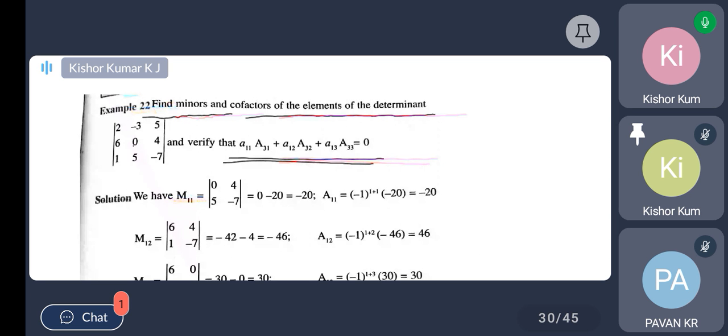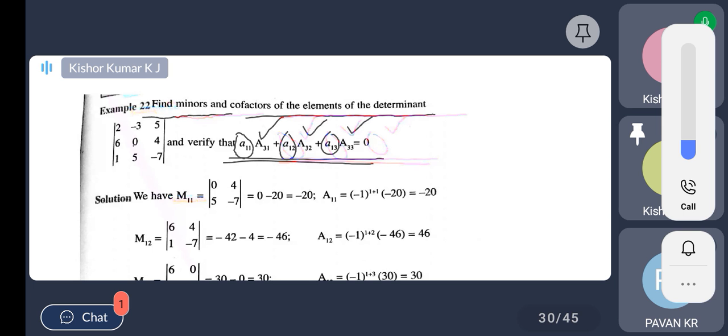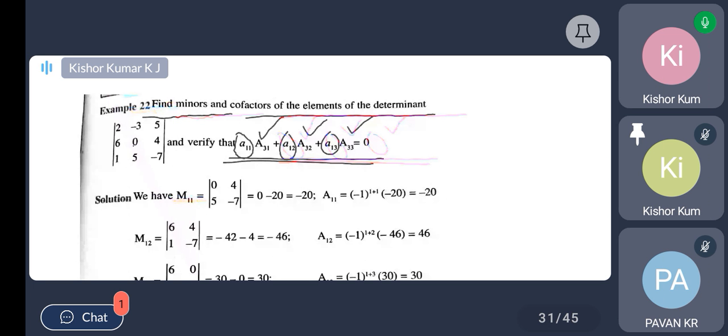It is very simple, students. The small letters, these are all called the elements. Already we have them in the determinant. And when we have calculated the cofactors, we will get all these elements. So after that, you just replace in the LHS, and definitely you have to be sure that it is equal to 0. And then we have to verify, not to prove, either it will be 0 or not. Okay, let's see later about this equation. First, let's find out the minors and cofactors of the elements of the determinant.